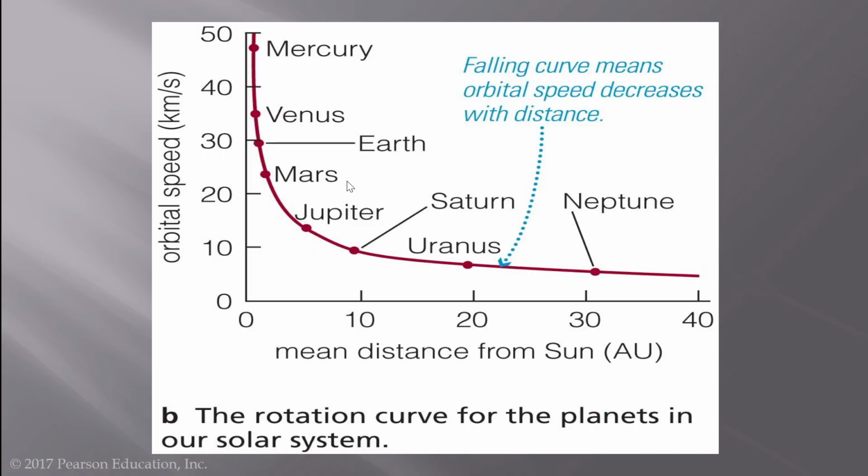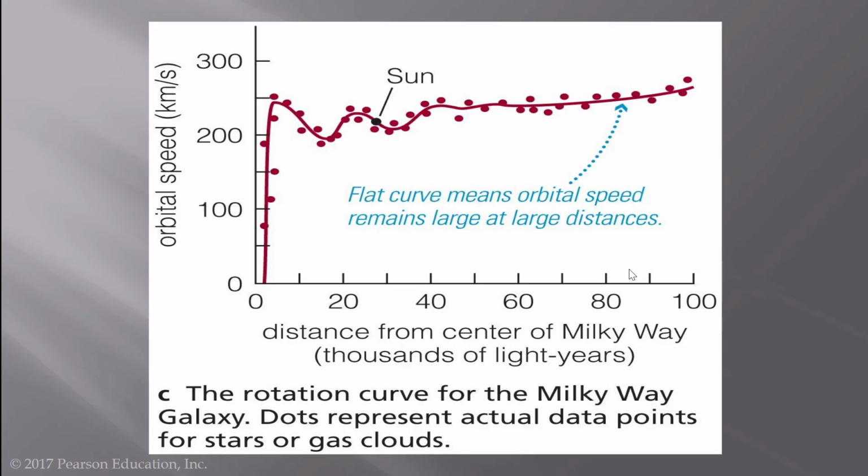And so this follows a pattern that's expected due to a point mass, where the sun's gravity is what keeps the planets in orbit. And so the farther the planet is from the sun, the weaker the gravity at that point, since the force of gravity scales inversely with the distance squared, and therefore they orbit the sun more slowly. On the other hand, if we look at our galaxy and look at the orbits of stars around the galactic center, it's a totally different pattern.